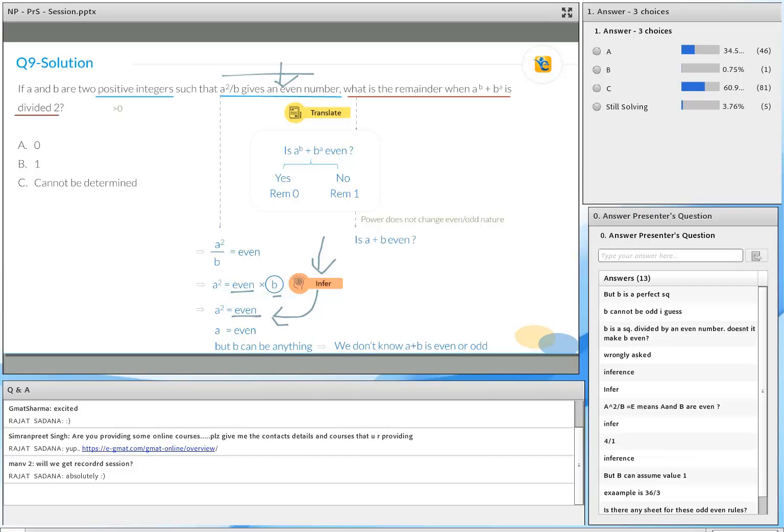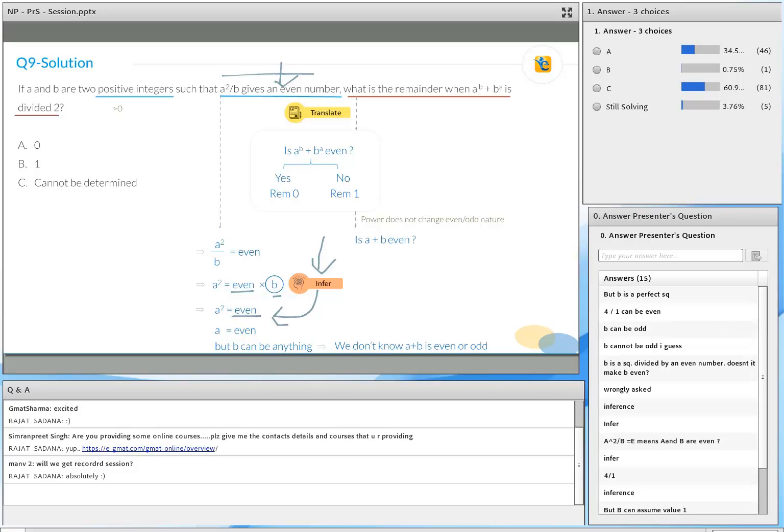We're going to take a look at your comment over here and then come back to this. But in the meanwhile, let's carry on with our next thing over here. So the example is 36 divided by 3. Yeah, absolutely. So 36 divided by 3 is 12, and that's an even number here. Thank you for that example. All right, so now let's carry on with